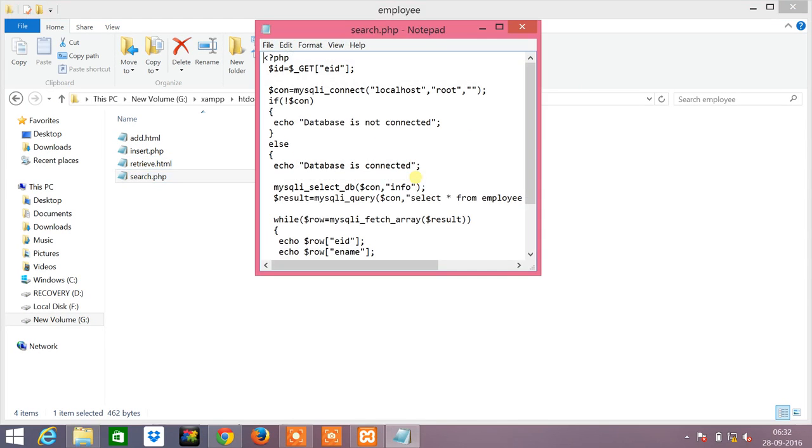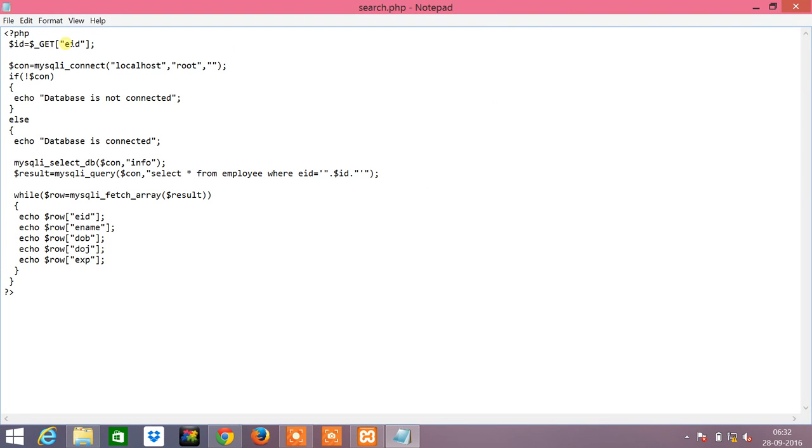In search.php, you have to store the value of employee ID into a variable called ID. Then you connect to the database as usual and check if the connection has been established. If it has been established, then you have to select the database. Info is the database here. Now the query is a select